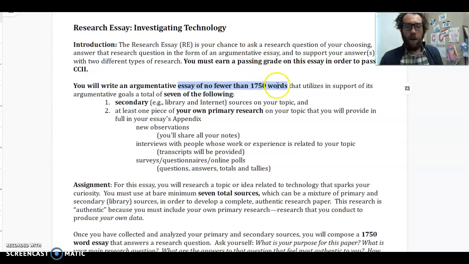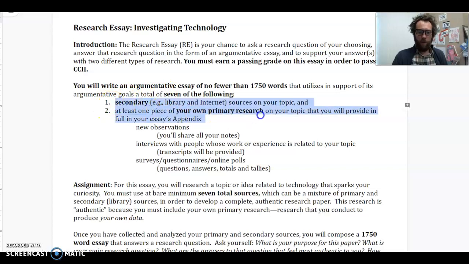So in support of your argumentative goals, you can mix and match as much as you want, but you have to have from both of these items. So of course you can have secondary sources. We spent a long time in college composition dealing with ways to search for, locate, evaluate, incorporate, and analyze outside sources. So you'll put all those skills that you acquired to use for this assignment, as well as, I hope, in many, many future academic writing assignments.